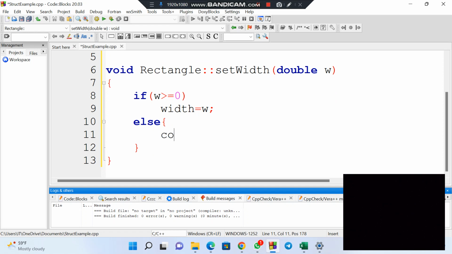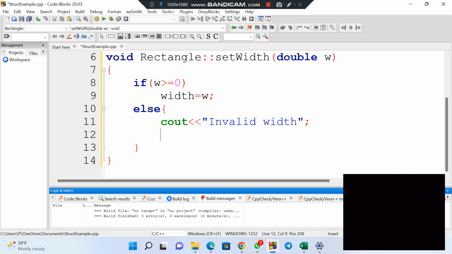We can even give a message to the person working with our program saying it is an invalid width. Then we use the exit method. When we use exit, we can include the exit